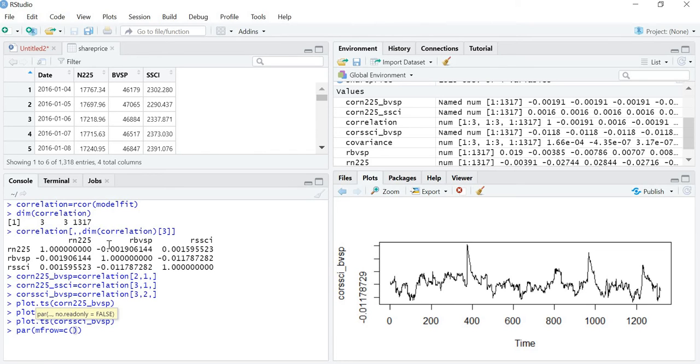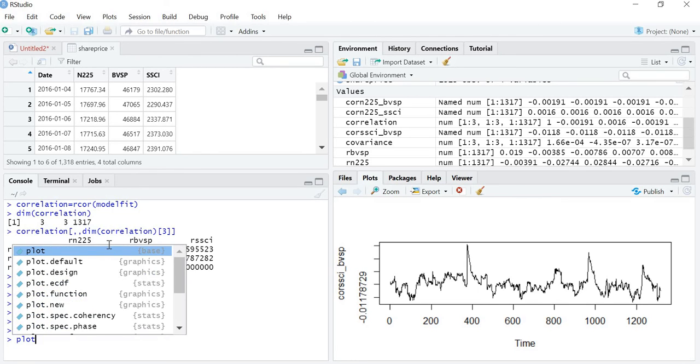Now in this I want all the graphs to be in one window, so I'll write 3 because 3 graphs are there, and I want them in one row, so I'll be writing 3, 1. This will create a frame where all the 3 plots will be in one window. Now I'm going to give the command plot.ts